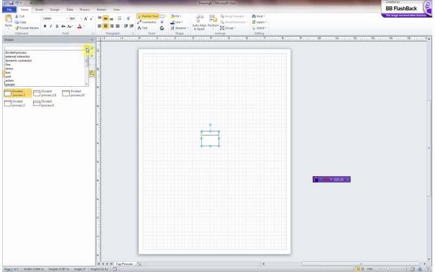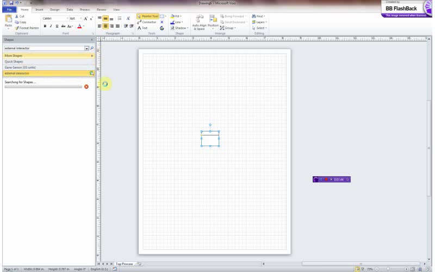The next thing that I'm going to search for is something that's called an external interactor. With the diagrams that we've been doing, for the New Century Health Clinic, this would be like the doctor or staff or patient. It's basically an external interactor, so we're going to select that, click the search button again. We'll just pick this external interactor right here, drag and drop it onto our page. We'll go back to the Gane-Sarson